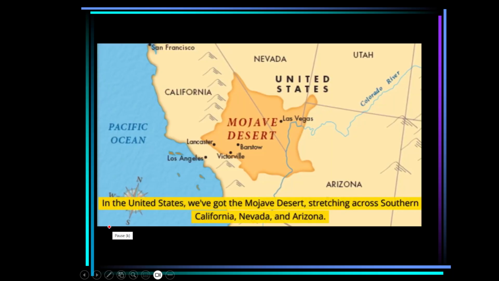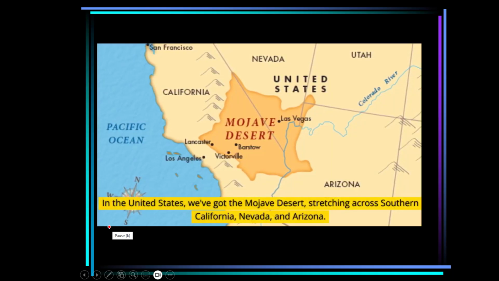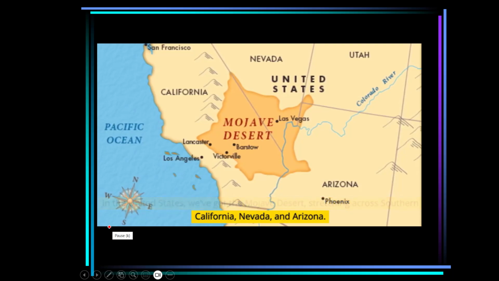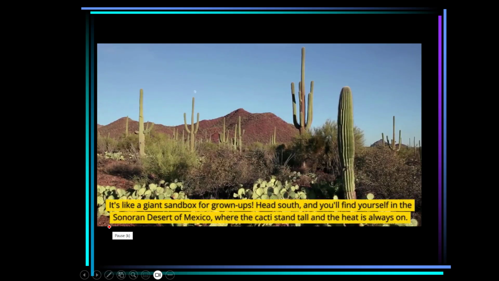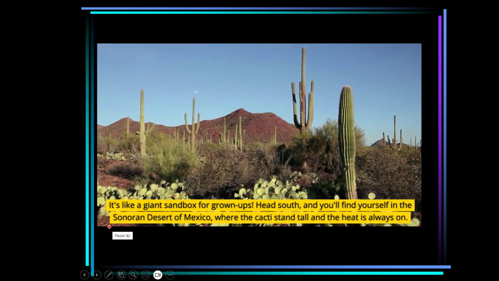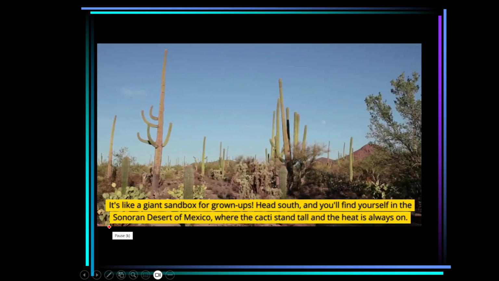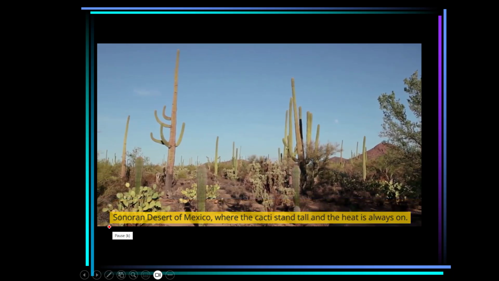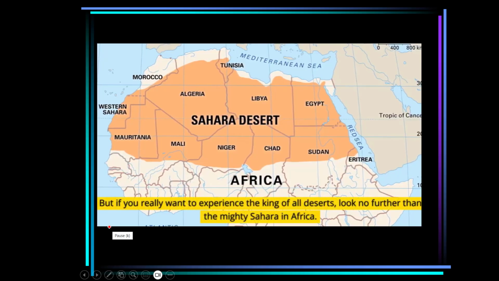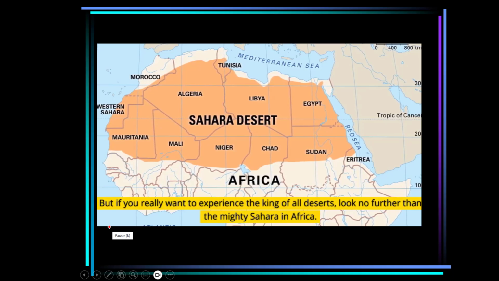In the United States, we've got the Mojave Desert, stretching across Southern California, Nevada, and Arizona. It's like a giant sandbox for grown-ups. Head south, and you'll find yourself in the Sonoran Desert of Mexico, where the cacti stand tall and the heat is always on. But if you really want to experience the king of all deserts, look no further than the